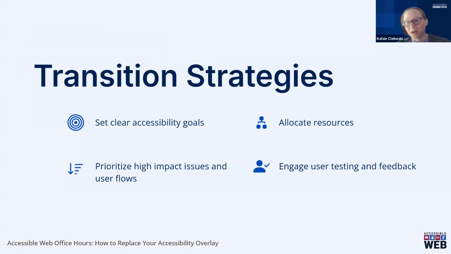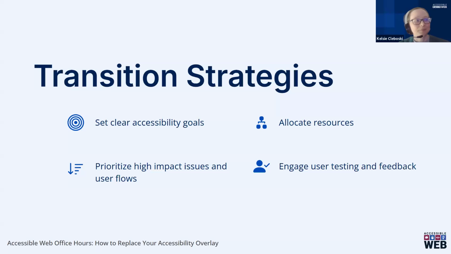Some strategies to keep in mind as part of your transition away from an overlay. First is to set clear accessibility goals. A lot of organizations choose a technical standard, such as the Web Content Accessibility Guidelines, version 2.2 AA or version 2.1 AA. That can be helpful for setting a goalpost or a milestone for your organization to reach. It's also really important to allocate resources for this work, that may be things like time or training or additional staff hours in order to address these issues,